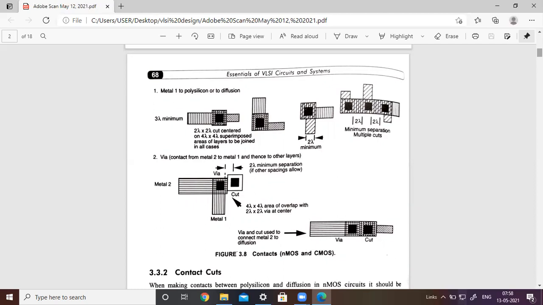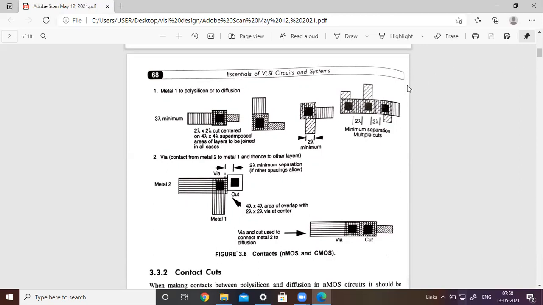Totally, we have three different contacts. One is the ordinary contact, that is metal 1 to polysilicon or metal 1 to diffusion. The butting contact is basically useful when the diffusion layer is connected with the polysilicon, and we can use the butting or buried contact.